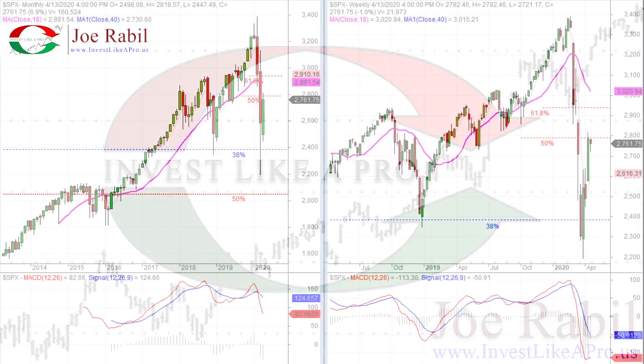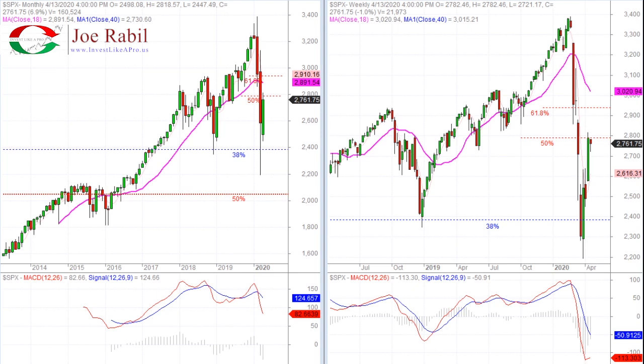Wanted to follow up on the S&P chart and get into a little bit more detail on certain ways to look at the trends. Before I go into that,